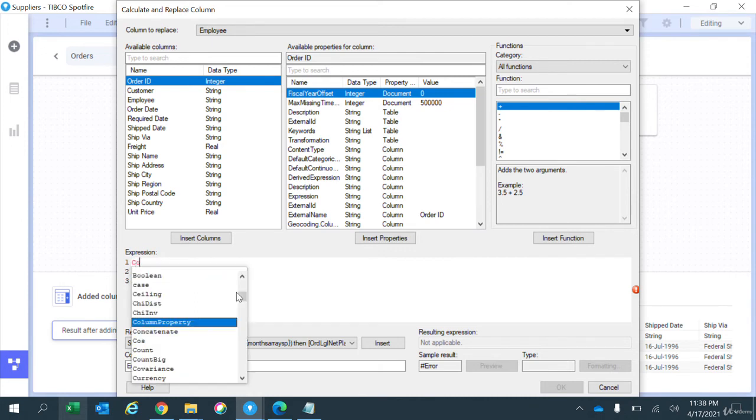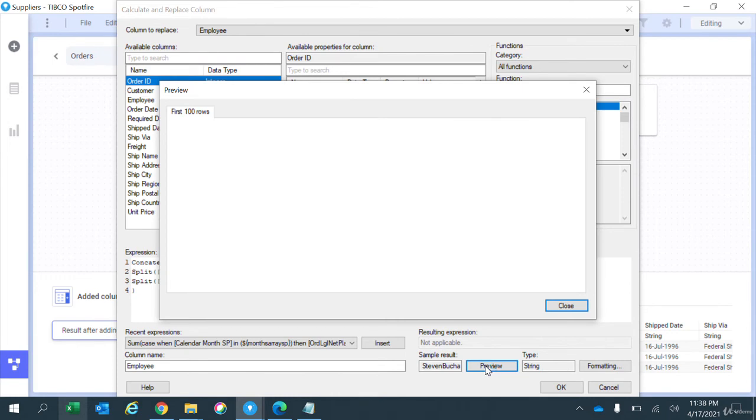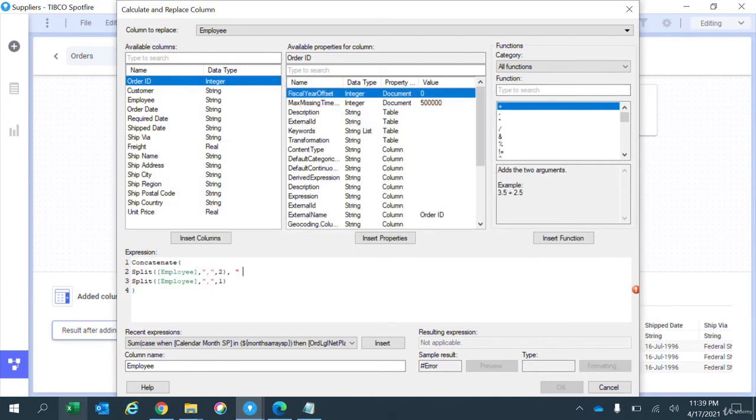And all we have to do now is concatenate these two. Okay, and this is how we have done the concatenation. A comma is needed. So you see a preview can be seen over here, which shows how your calculated column is coming up. So you see that it's coming up pretty good. What's missing is a space between them, and probably there is a space before as well. Okay, so what I will do is add a space between them, and let's trim these two so that we don't have any unnecessary spaces. So that's how we do trim as well. All right, awesome. So what's missing is this bracket. Okay,